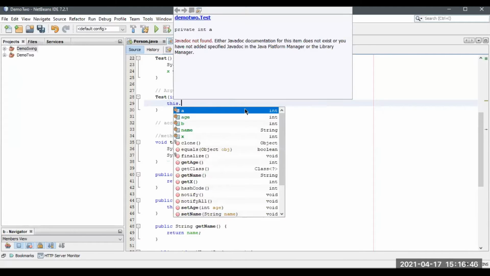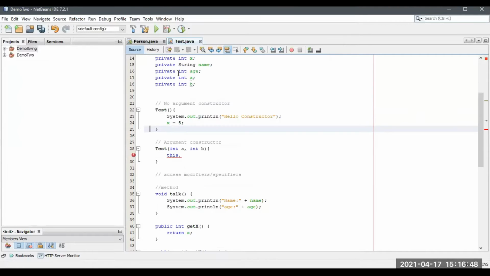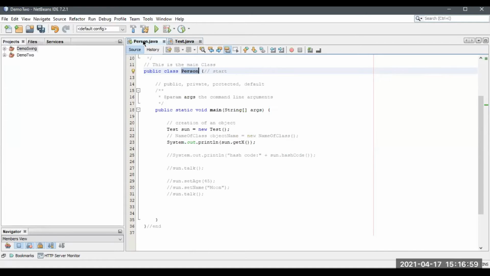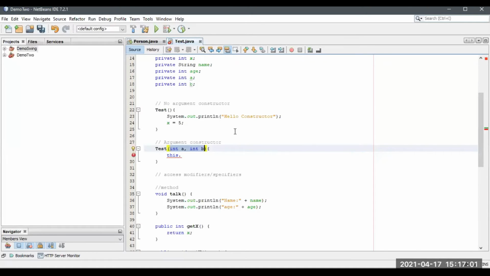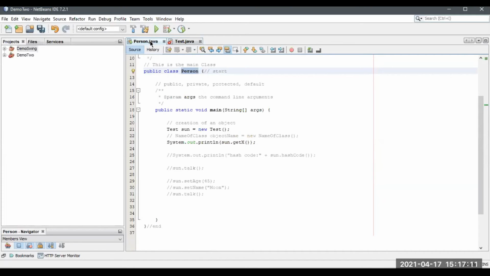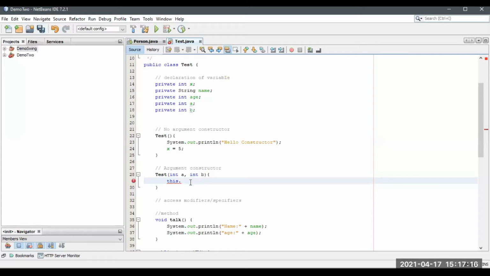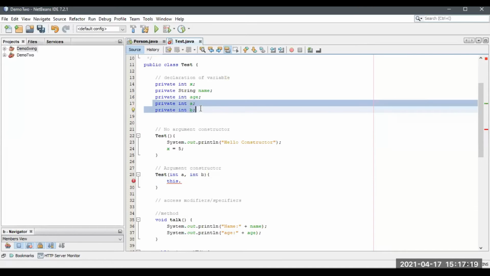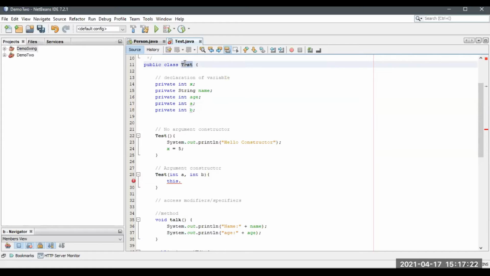What will this operator do? I already have a, but inside your arguments I have the same variable names, so don't confuse them. Whatever a person calls from the main method, whether numbers, strings, characters or floats, should be assigned to the values I declared inside the test class.